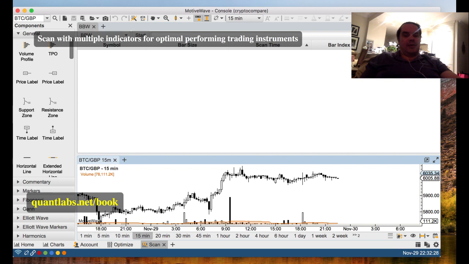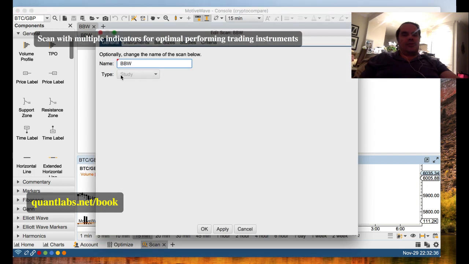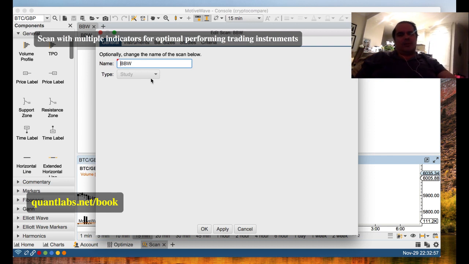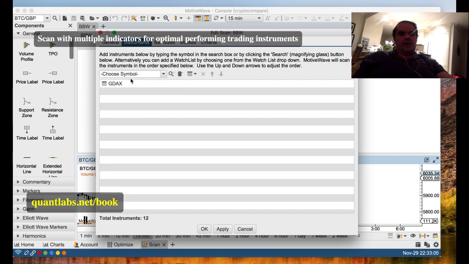In the scan section, or page as they call it, I created a scan here. I'm going to edit it. What we're doing is scanning a study. Originally, when you program, I was trying to merge two different studies, indicators, into a piece of code to do what I'm about to show you. But digging deeper into MotiveWave, you finally realize that there's a lot more functionality where you don't need to code things up. I'm not going to show you how to use this scanner, but